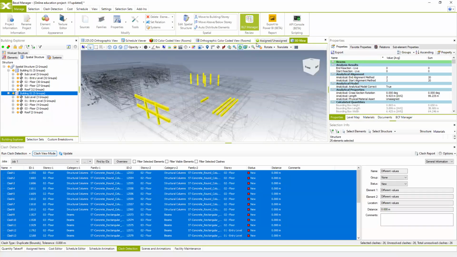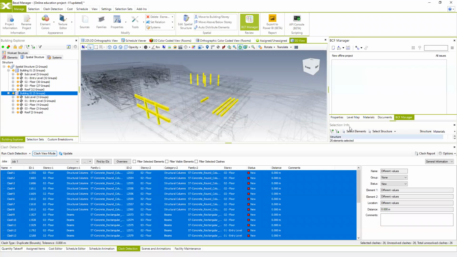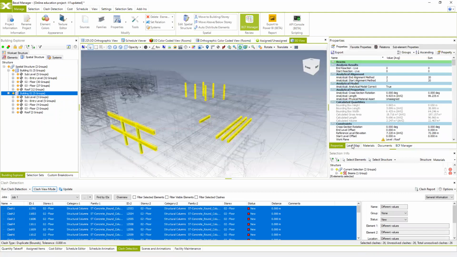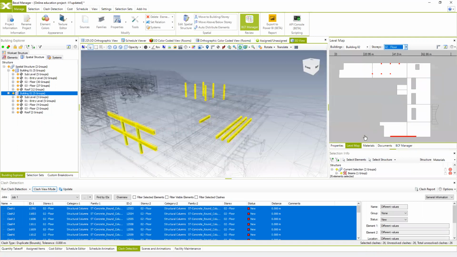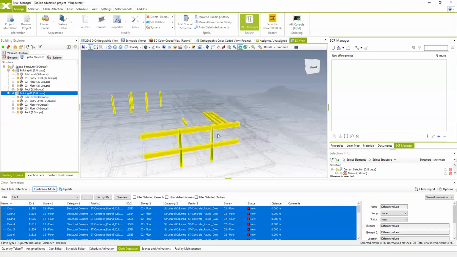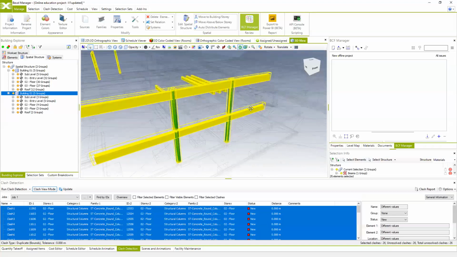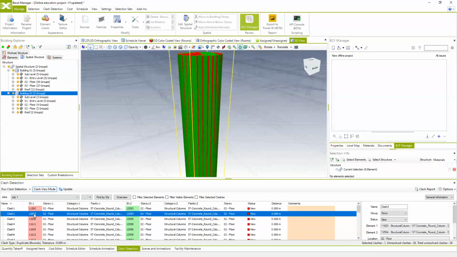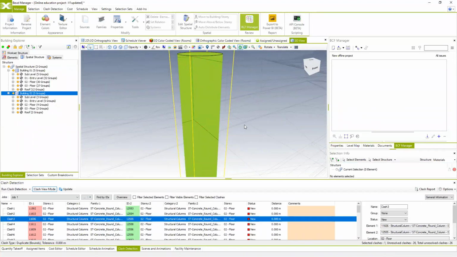And if you want to use it, then we can just open the BCF Manager window, which is also positioned by default in the right part of the screen, in the same place where you can access the properties. You can access the level map, which will be talked about later on, and also BCF Manager. So you can easily drag and drop the found issues in this window, or you can create new issues by selecting and making issues one by one. So there are several ways how you can do it. One of the simple ways, just find the issue, create it,